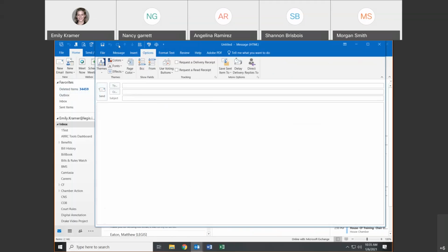The next two are undo and redo. Again, they are grayed out because I haven't done anything. Once I start typing, you'll see that those light up and become active. I can click it once to undo the last action I've done, click redo to redo the last action that I've undone. You have the next and previous. Unfortunately, these aren't tools we can remove, so they remain there, but they're grayed out. They just go to the next email message. We don't use that